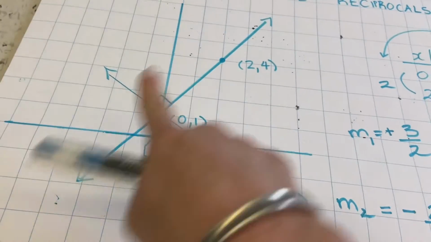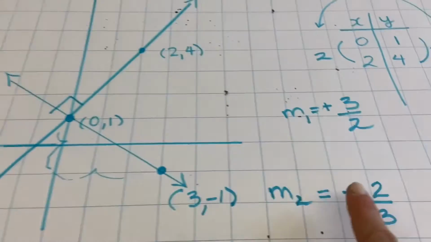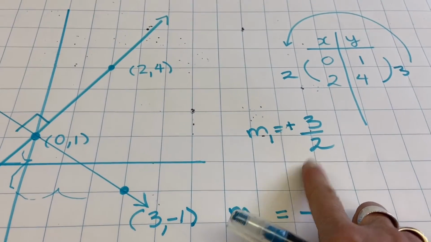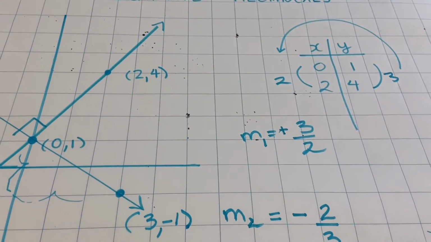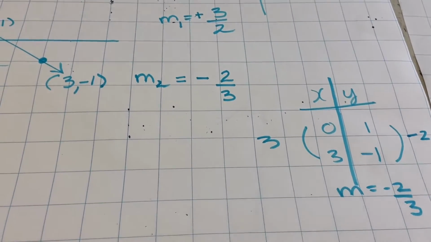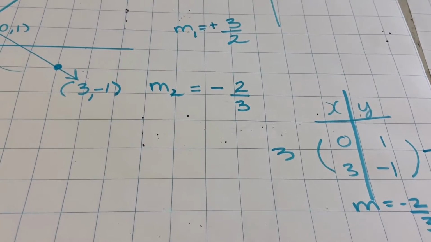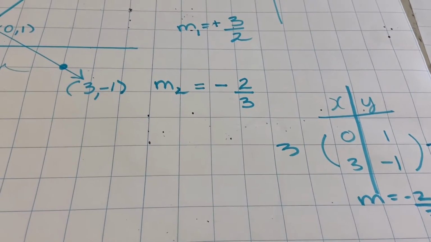Lines are perpendicular to each other if their slopes are negative reciprocals. My first slope was 3 over 2, and my next slope for my line that is perpendicular is negative 2 over 3. That is a big idea. So we're going to look at that idea and see how it relates to our triangle, which we looked at